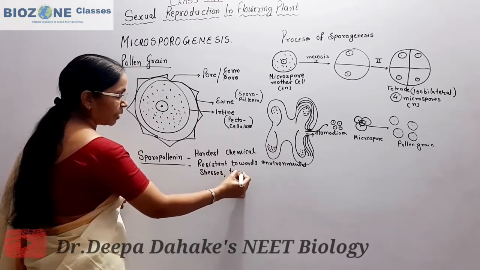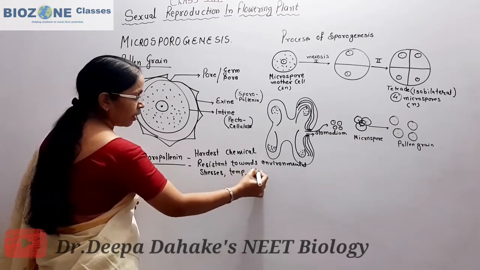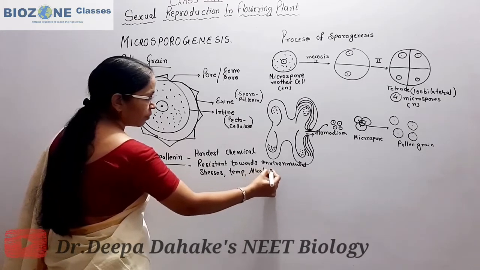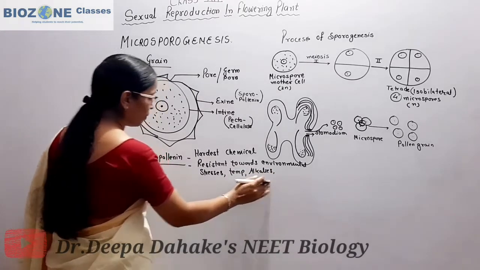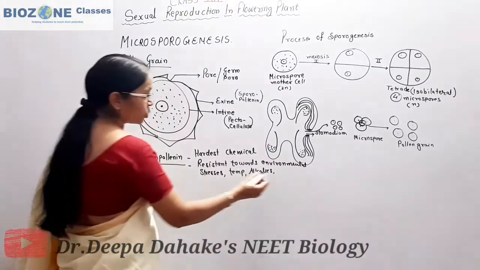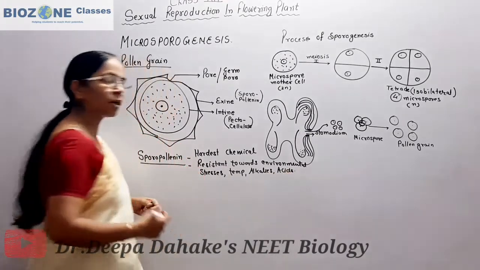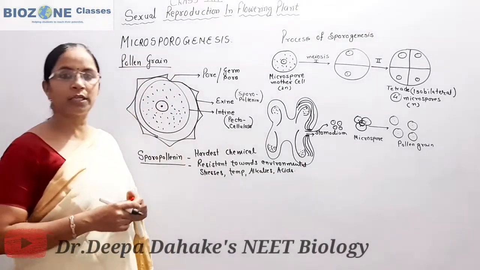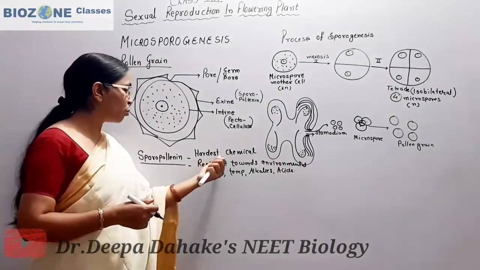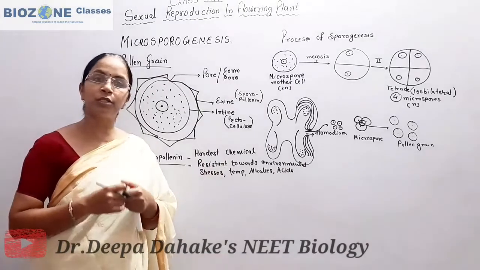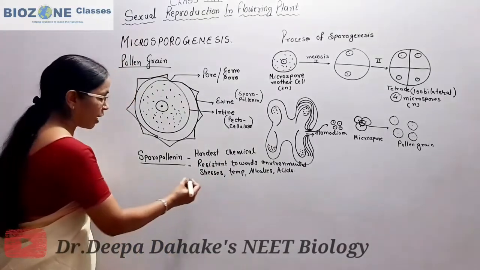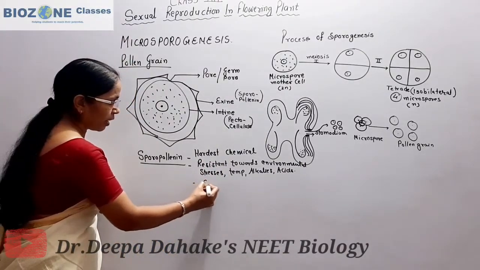Secondly, temperature, alkalis, as well as, you remember, they are also resistant towards the acids. So these are the different factors against which sporopollenin develops a resistance, and because of that the pollen grains get